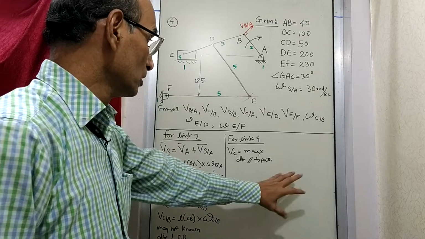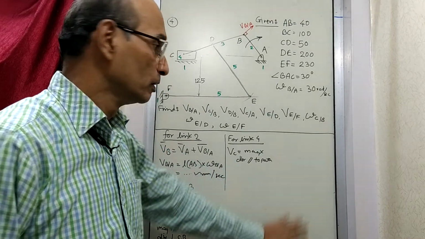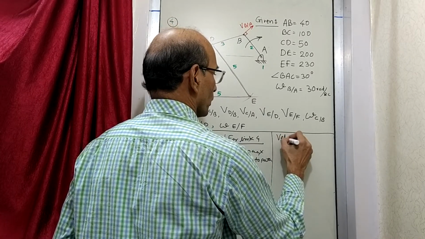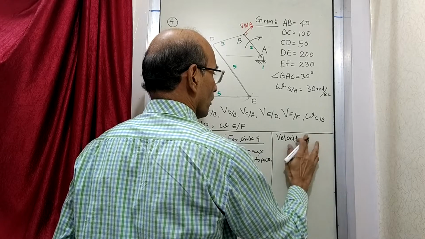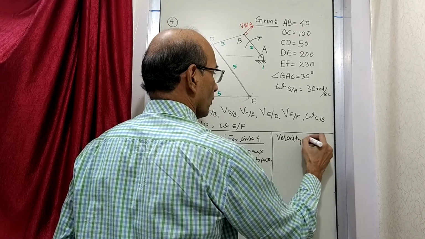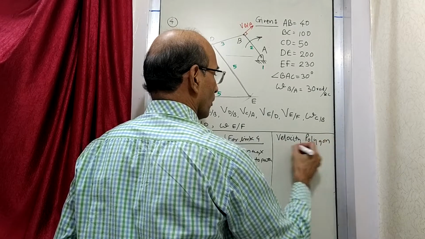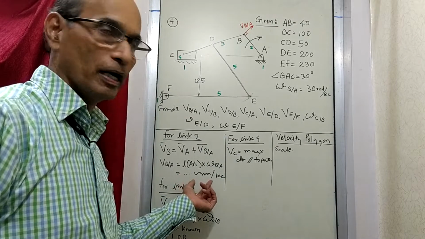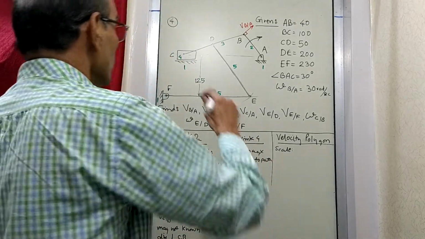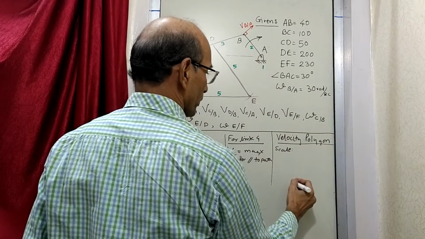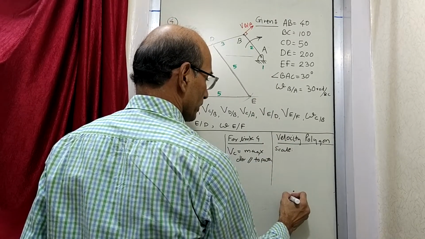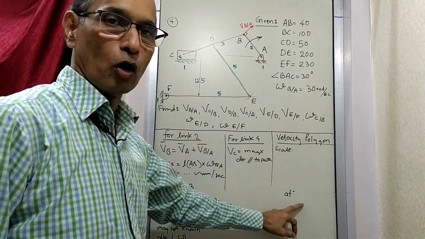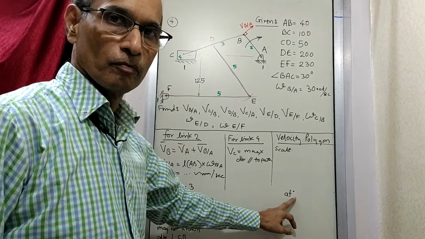Now with this information, we will start drawing polygon over here. So say velocity polygon. So you have to set some scale depending on what size you have got here, and then we draw a fixed point, that is F and A. So somewhere we mark point A and F. Velocity of A is 0, velocity of F is 0, so dot. Length of the vector is 0.